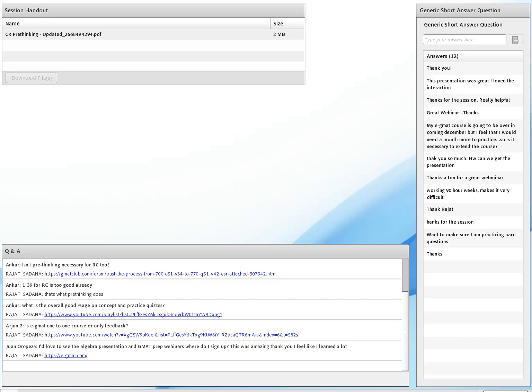I mean, there's a reason why if you look at GMAT Club, you'd see close to 1900 reviews for e-GMAT, whereas every other prep company other than Veritas Prep has fewer than 500 reviews. I mean, all of these are as old as e-GMAT is.